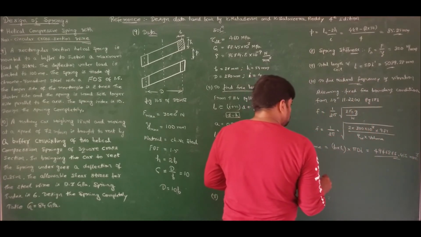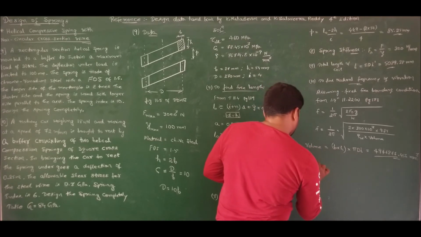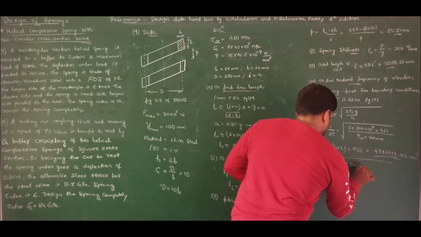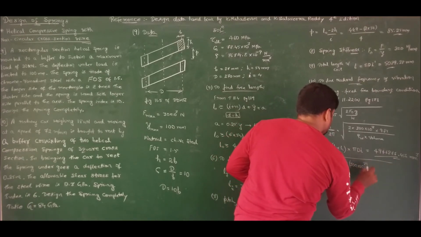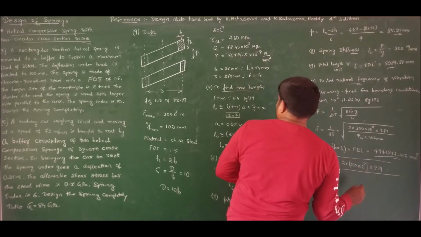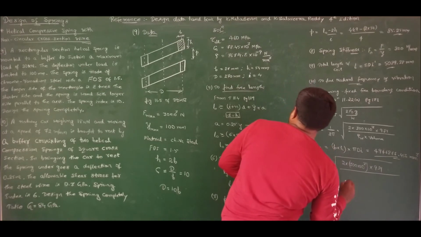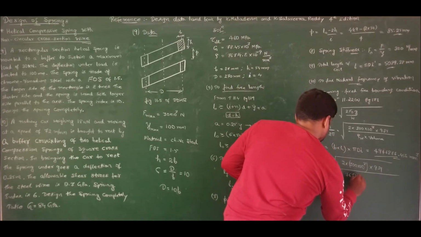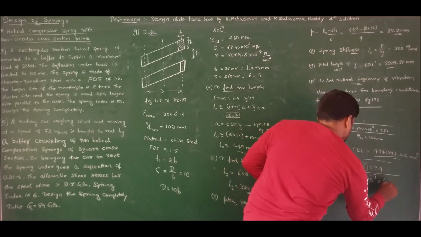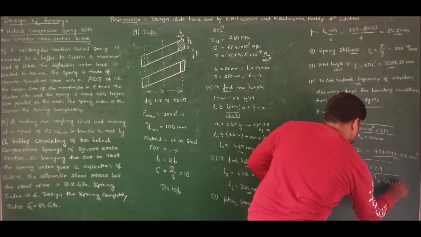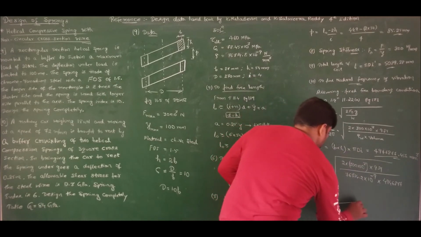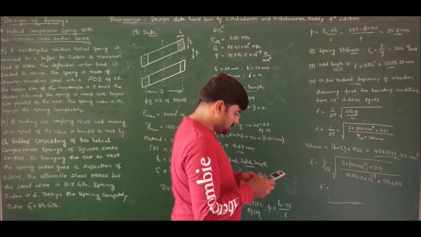So if I substitute and solve, I will get frequency as 1 by 2 pi square root of 300 into 10 to the power of 3 Newton per meter into 9.81, whole divided by weight density is 76714.0.2 into 10 to the power of minus 9 into 4946877.456. Okay, so I'll get maximum frequency in hertz as